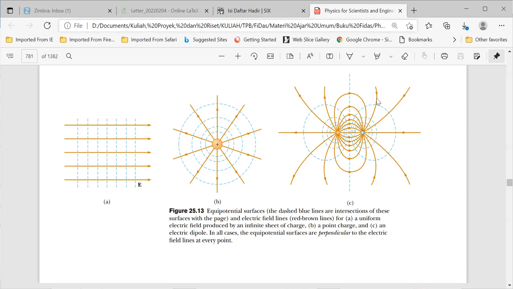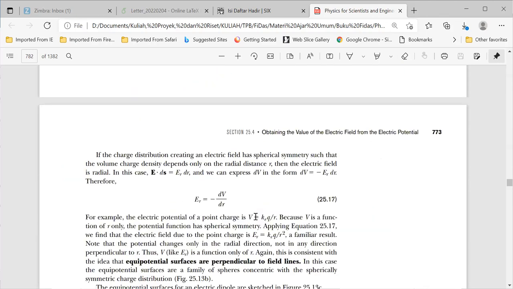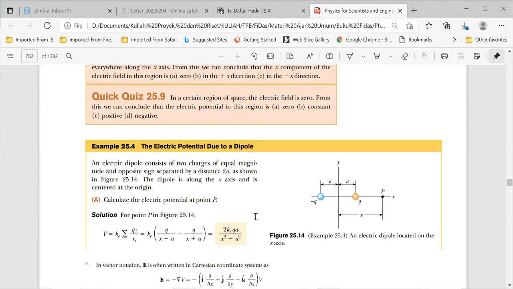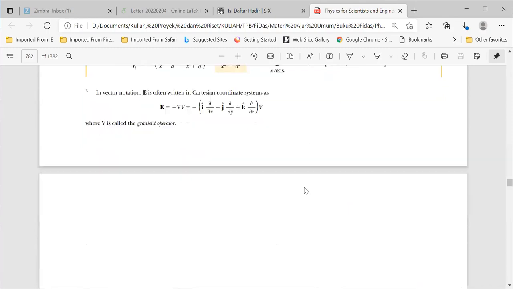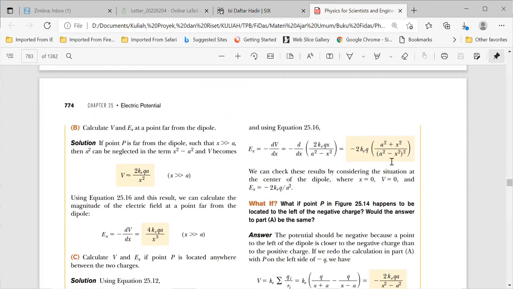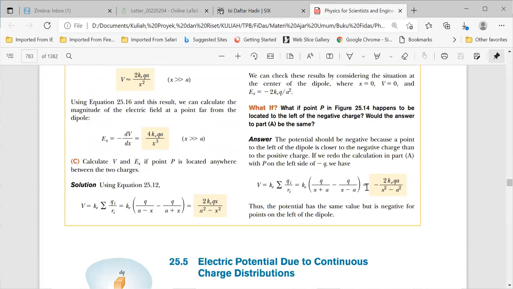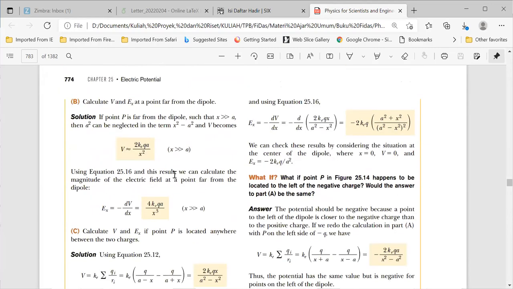Begitu juga untuk dipol, contohnya yang ini. Jadi dia tidak lagi berupa bola terpusat pada simetri bola. Jadi dia bukan simetri bola untuk dipol. Nah, ini contohnya, misalkan ini dua buah muatan yang namanya dipol. Anda lihat potensialnya di sini, saya misalkan P-nya di sebelah kanan, nanti kalau di sebelah kiri juga sama, tapi cuma beda minus. Kalau yang ini adalah ketika potensialnya sangat jauh. Jadi bentuk V-nya jadi seperti ini.